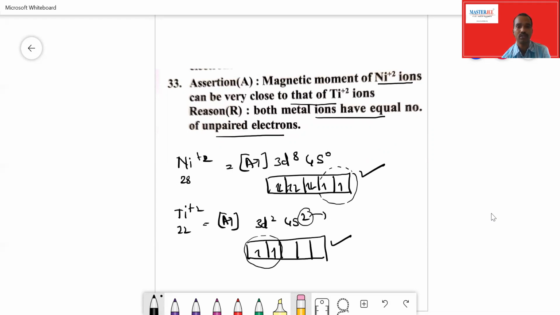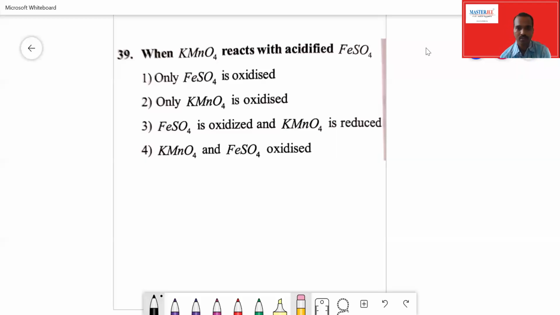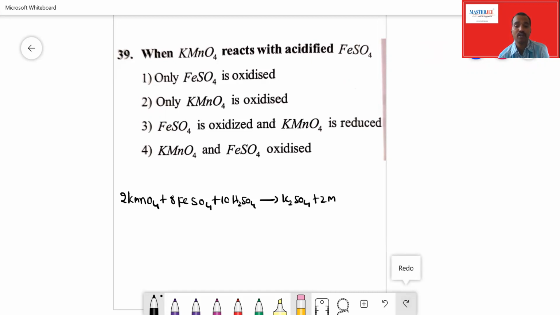Next bit we are going to see here. Now look at this question. When KMnO4 reacts with acidic FeSO4, some options are given here, and we have to choose the right option. What is the correct option? First of all, we'll see the reaction, what happens. Whenever potassium permanganate reacts with FeSO4, that means ferrous sulfate, in the presence of sulfuric acid, that means in the presence of acid, then what happens, see here, it will form potassium sulfate and MnSO4, and then